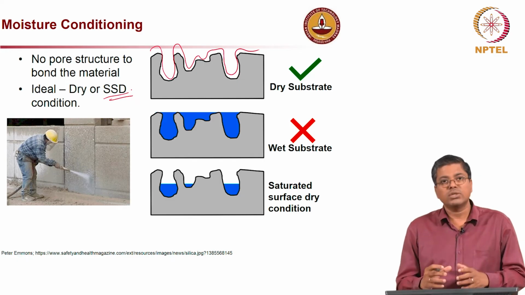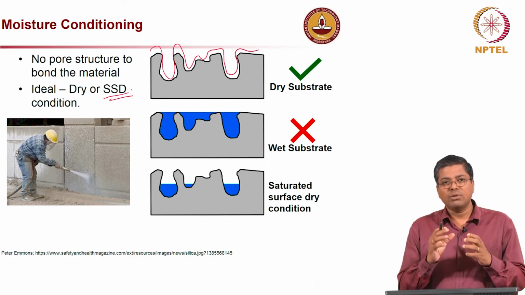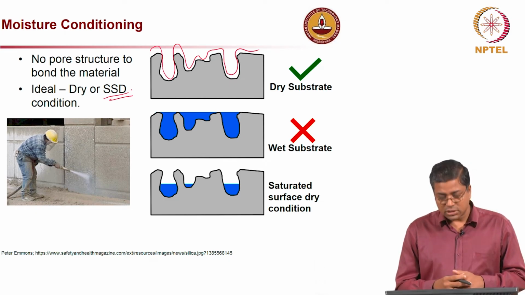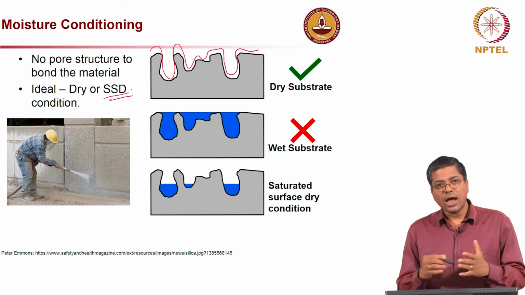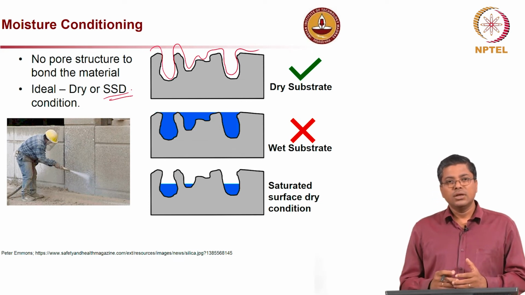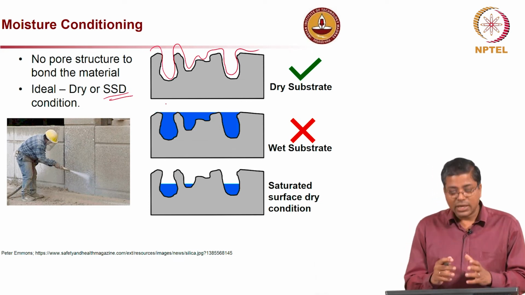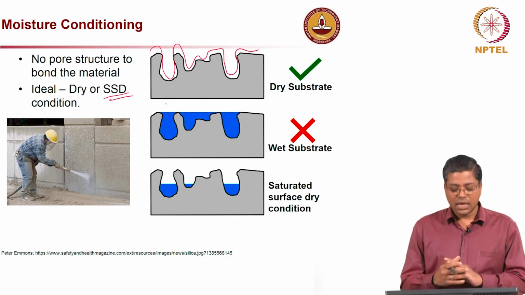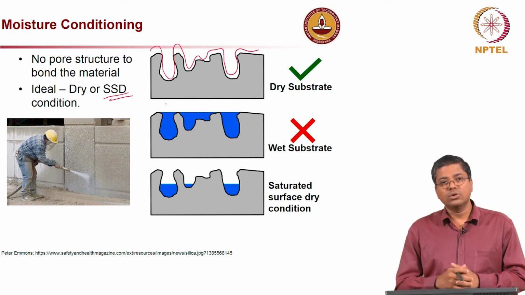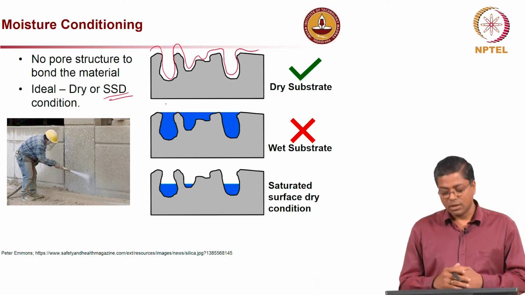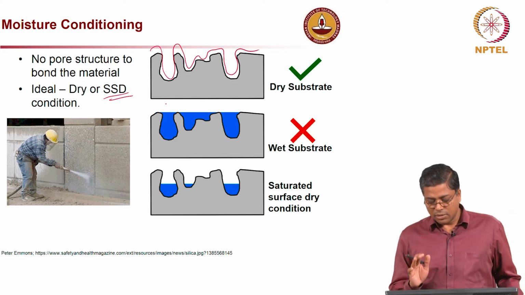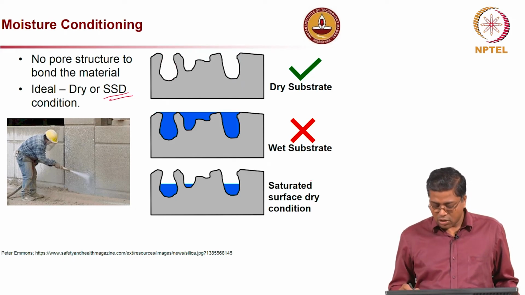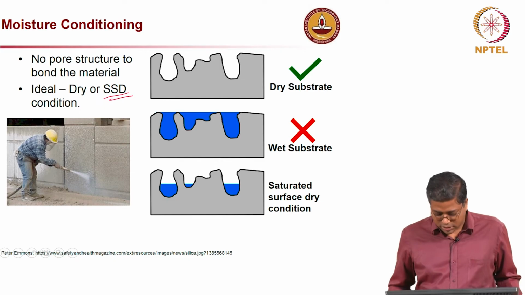If you have too much water in these fine pores which are created because of the concrete removal processes, then when you add new repair material, locally you will have a very high water cement ratio, and at the same time that will lead to a very poor quality bond. So it is very important to keep the surface either dry or in saturated surface dry condition.